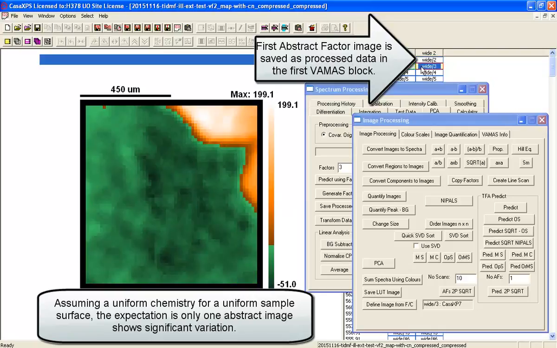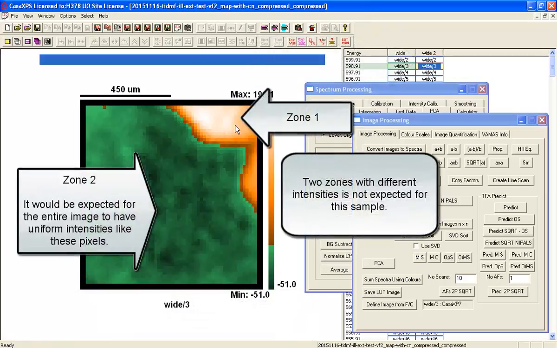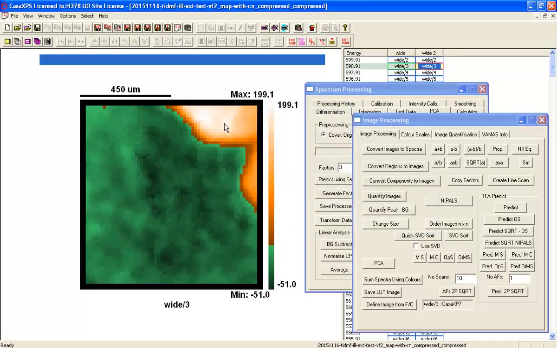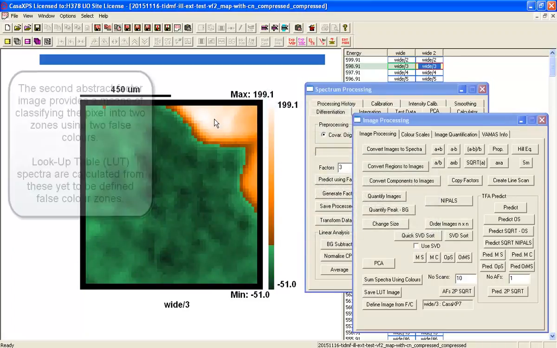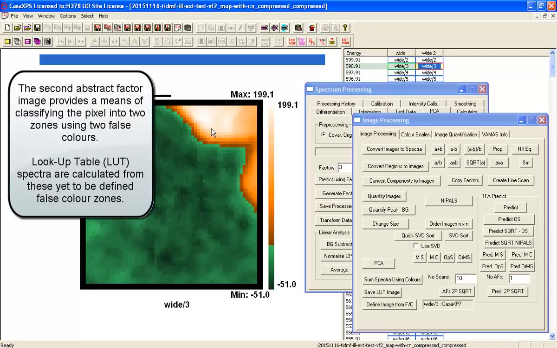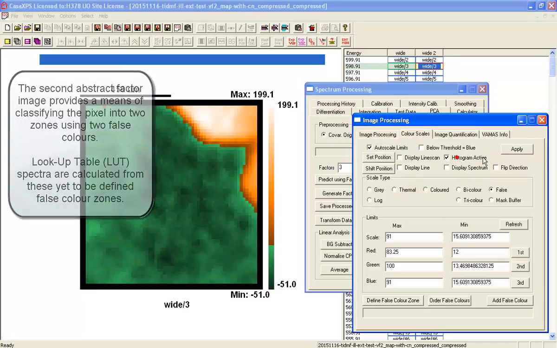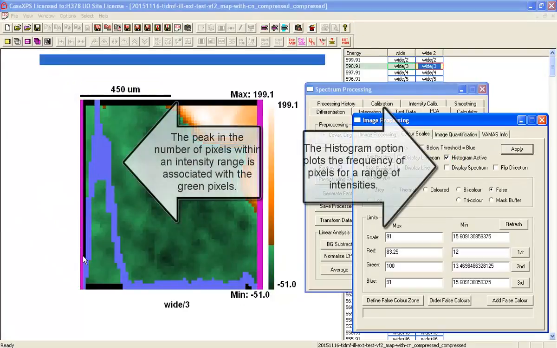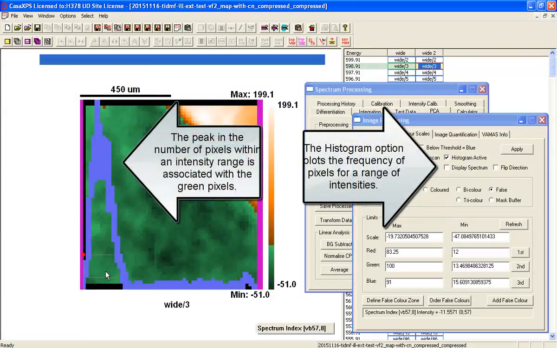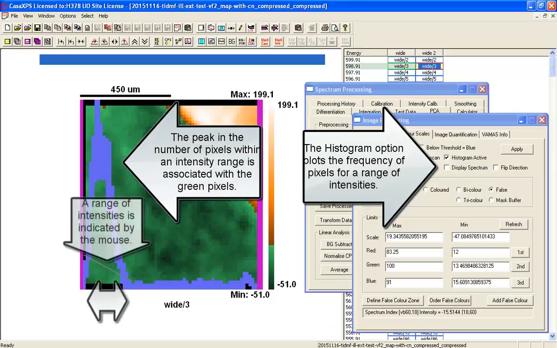The second abstract factor, this is partitioning in a way that is unexpected for this sample. This sample is not expected to have anything other than a uniform chemistry, so to see a structure like this as the second abstract factor is unusual. So let's put on a histogram. So I'm going to mark up a position there. I'll turn off the